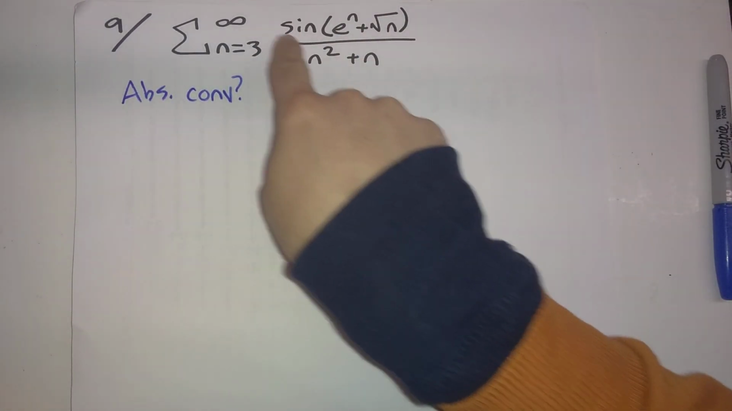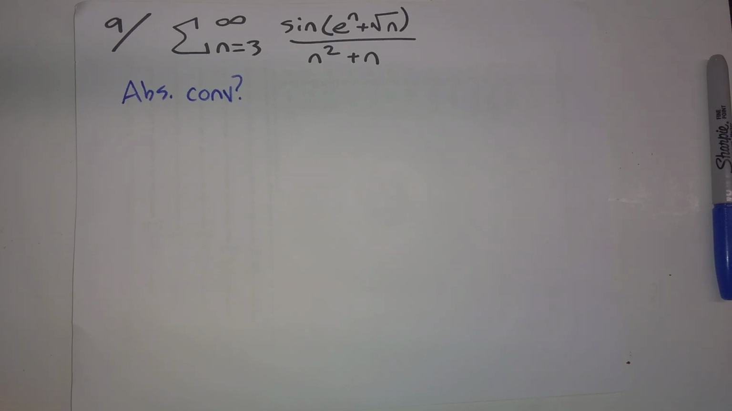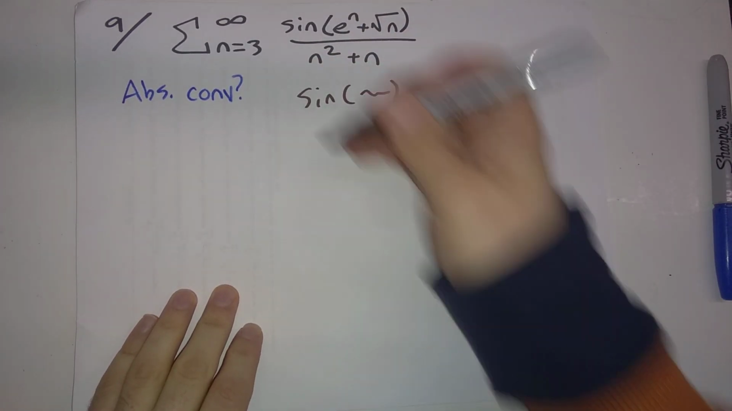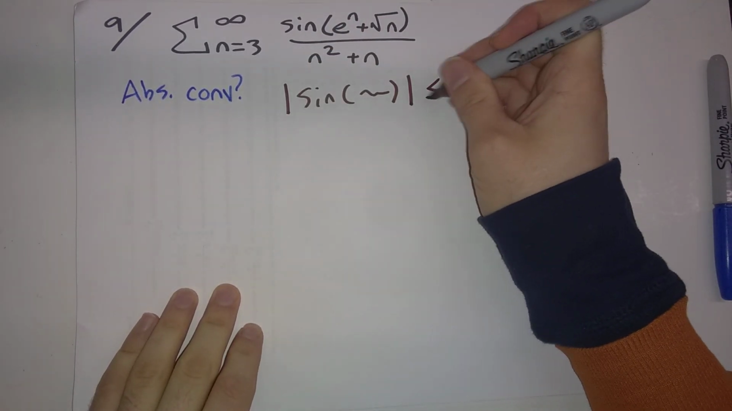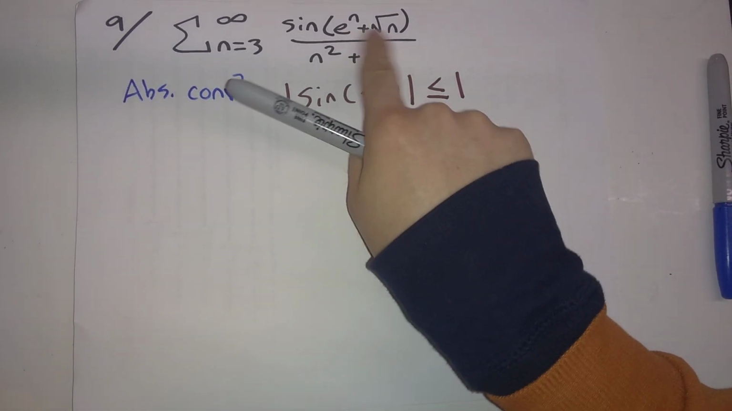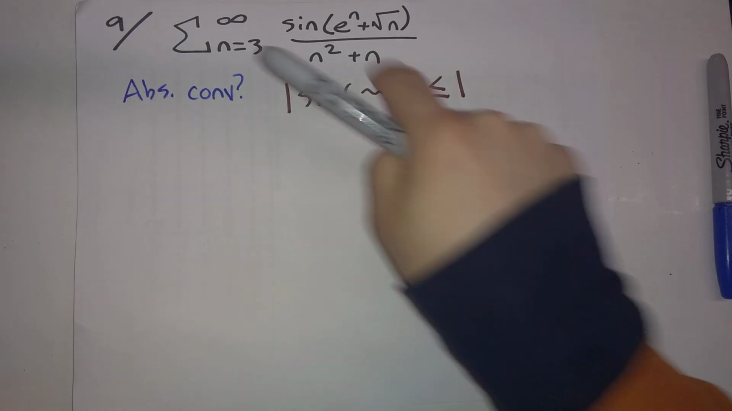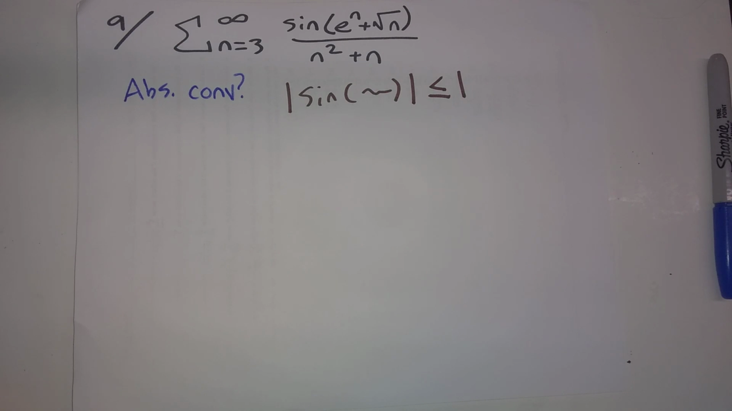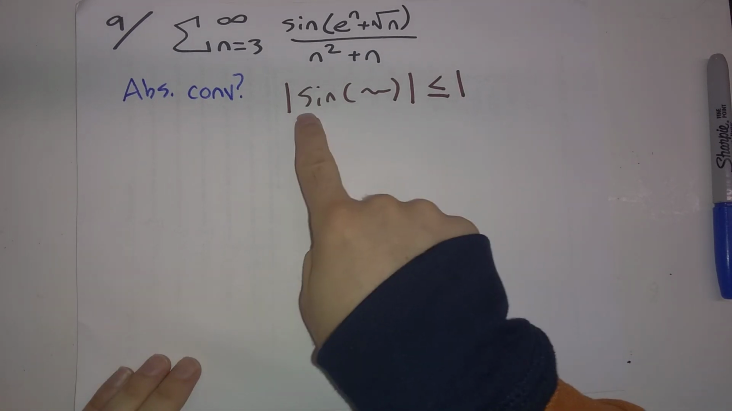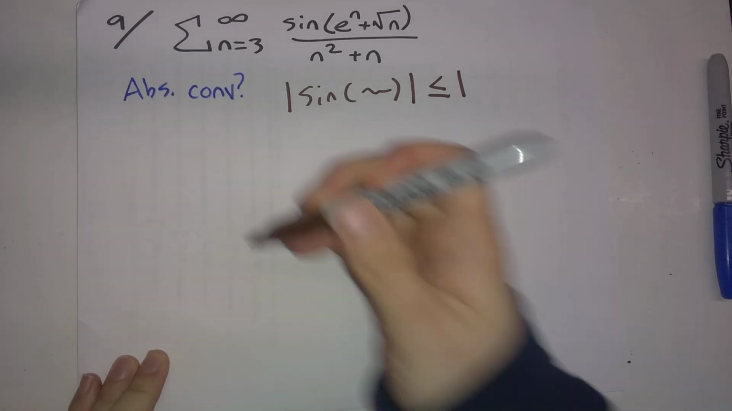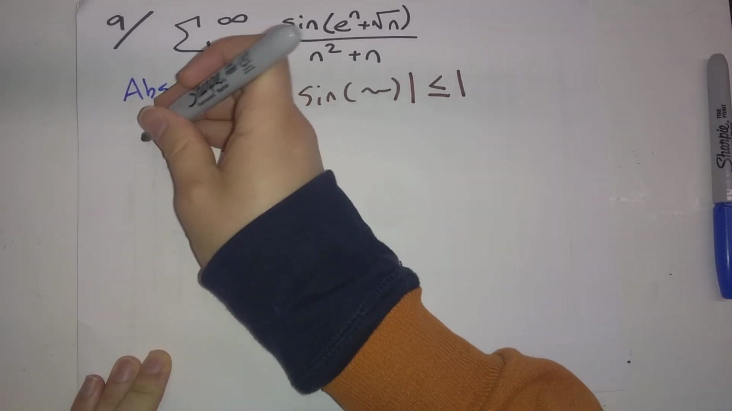This is the dead giveaway here: sine of e to the n plus square root n. We know that sine of anything is always less than or equal to 1 in absolute value. And so this nasty thing in there, that's just a red herring. You could make that as nasty as you wanted, and this property is still going to be true. So because I know the absolute value of sine of anything is less than or equal to 1, what I then know is